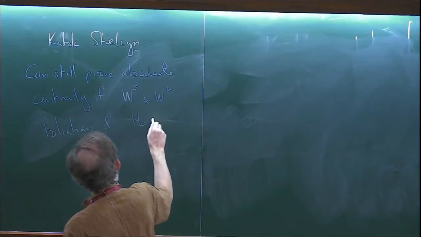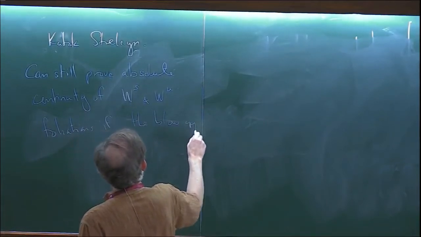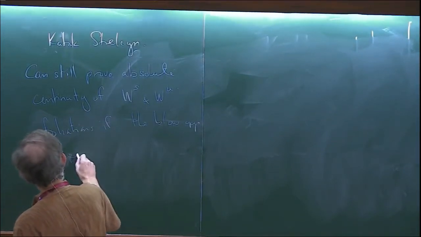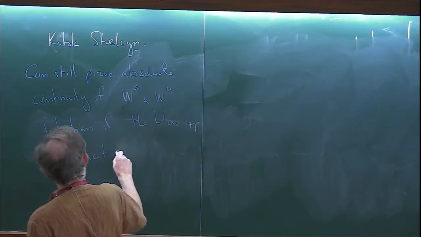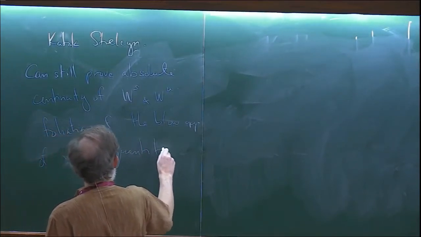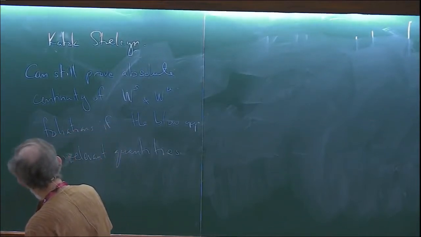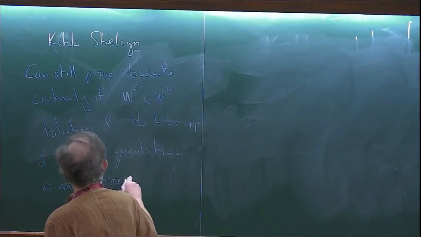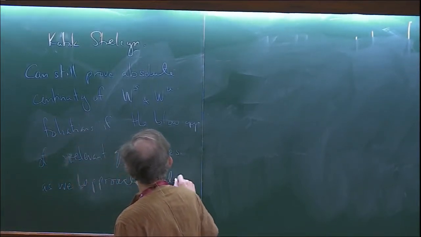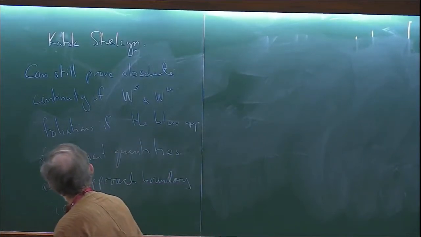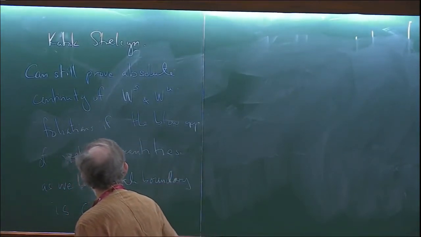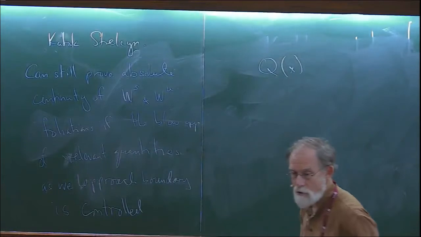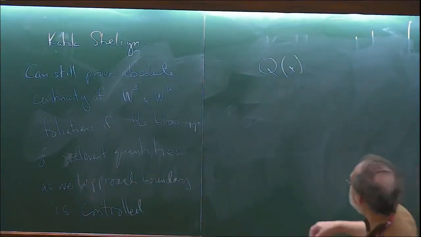If the blow-up of, I'll say, irrelevant quantities as we approach the boundary, this blow-up should be controlled. And what I mean by controlled is if Q of X is some sort of quantity, and the main candidates